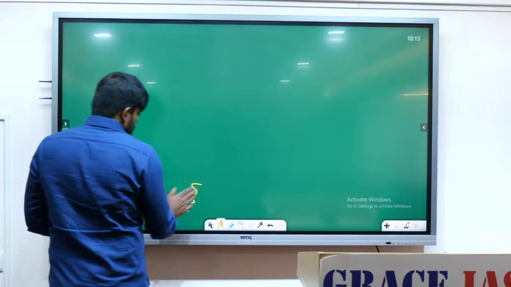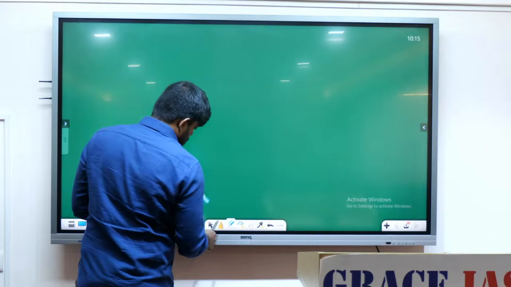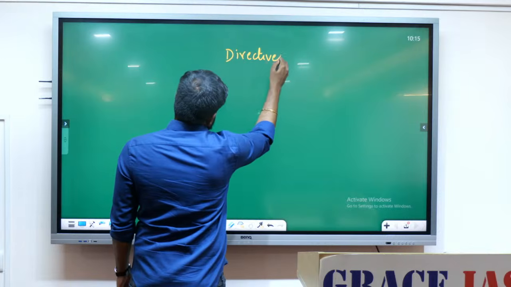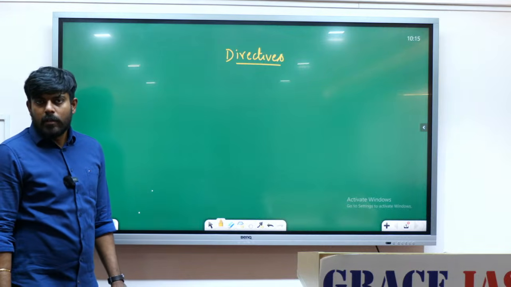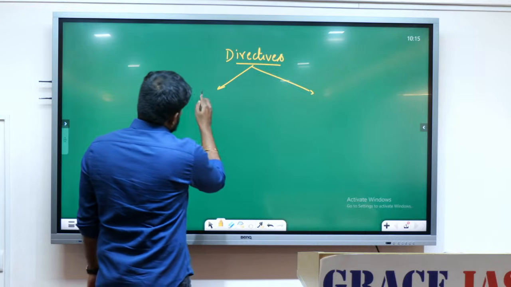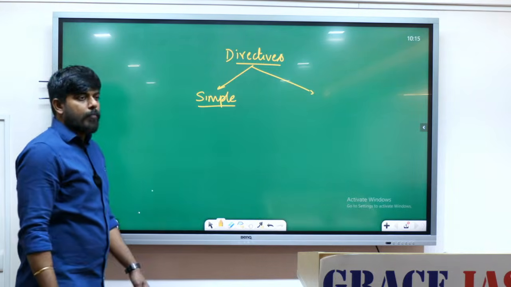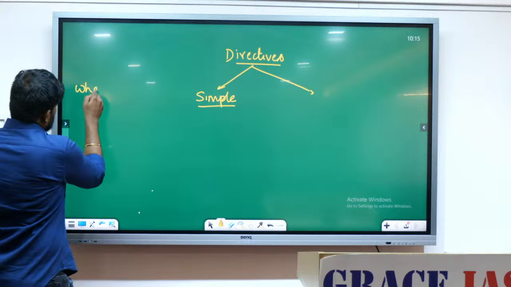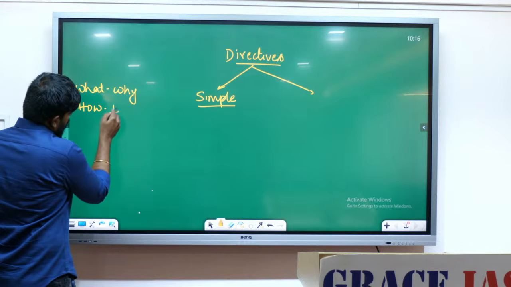Now first we'll try to understand what are the directives, different types of directives. There are two types of directives. It is very simple and you need to understand this. Firstly, simple directives. Simple directives means you already know it since your school days, like why, what, how, explain,